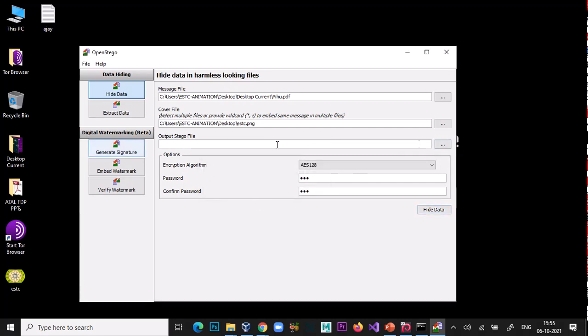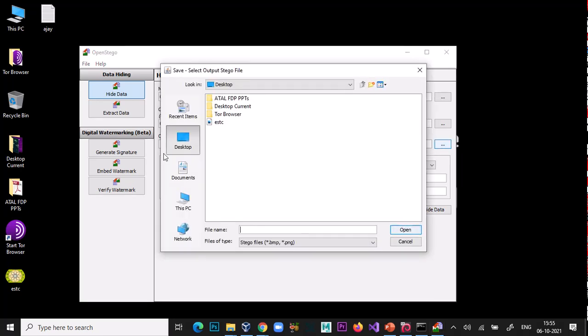Here I have to give the path where my output file is stored. My output file is stored on the desktop. So here I say Stego tutorial, open.